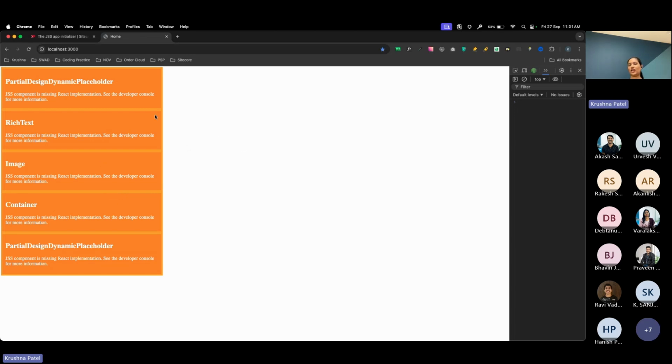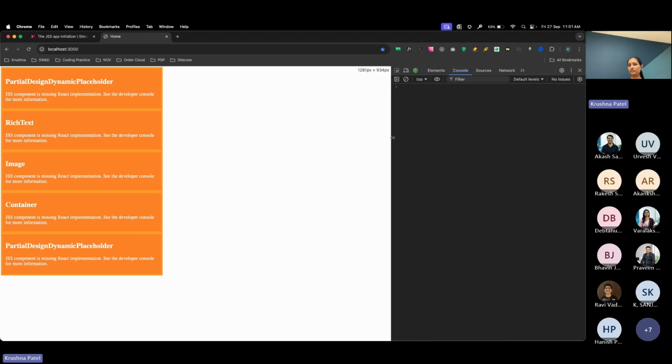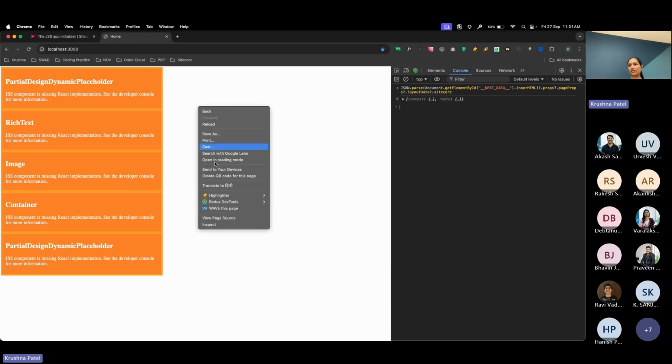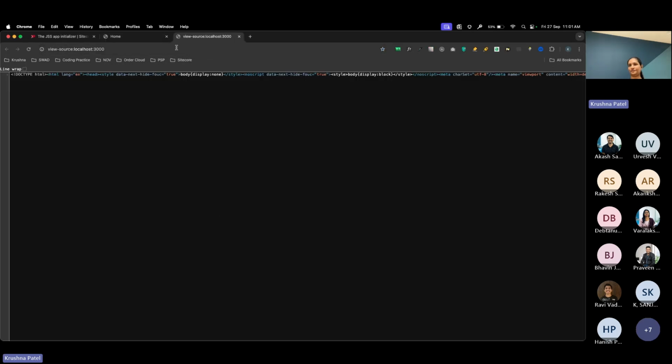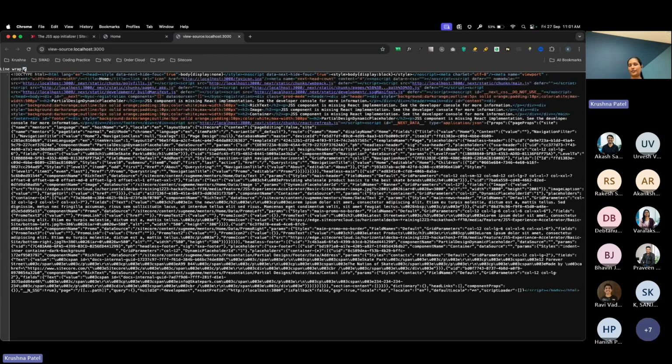So now let's configure one component. I'm configuring rich text now, but I want to see what are the variables, what are the fields coming for the rich text component. So there is one command that you can run on the console log page. Basically, if I go to the view page source and line wrap,